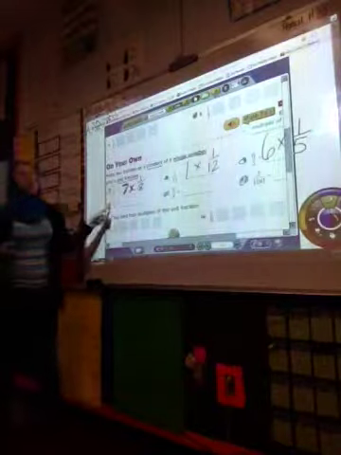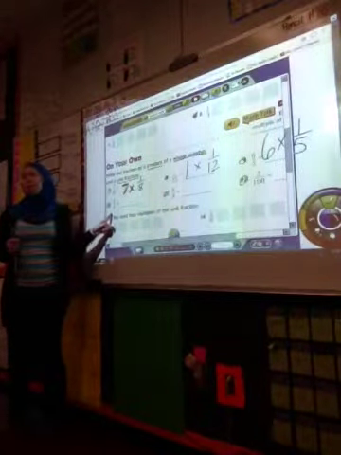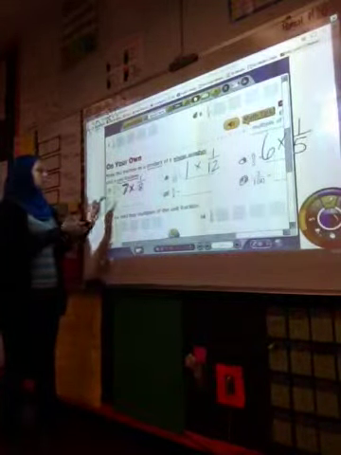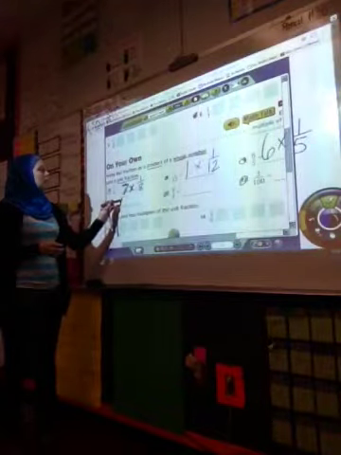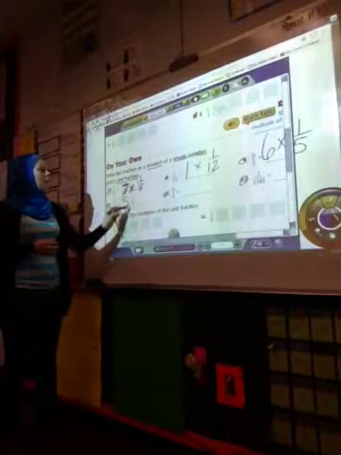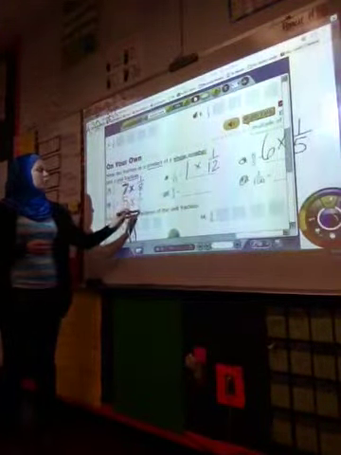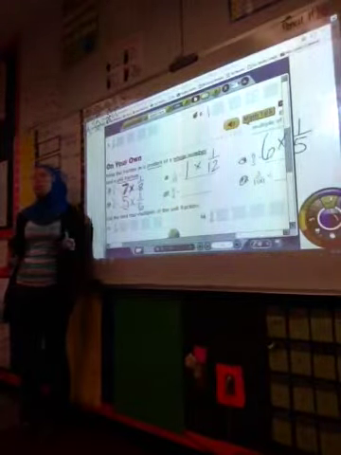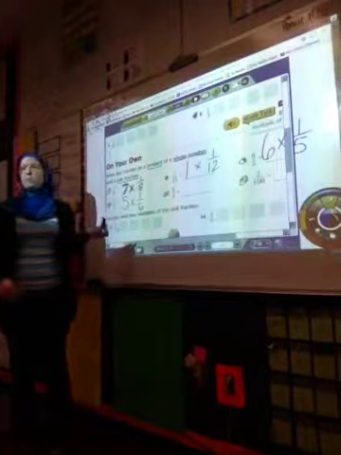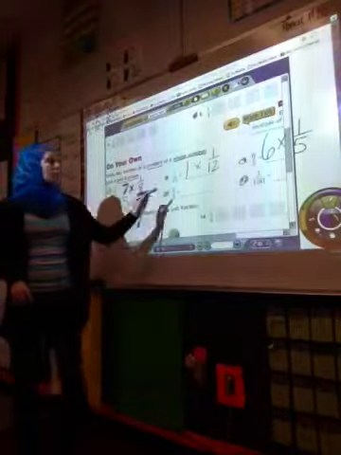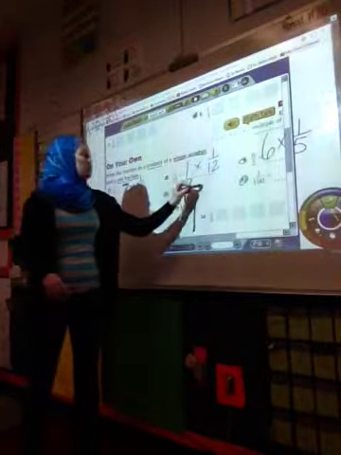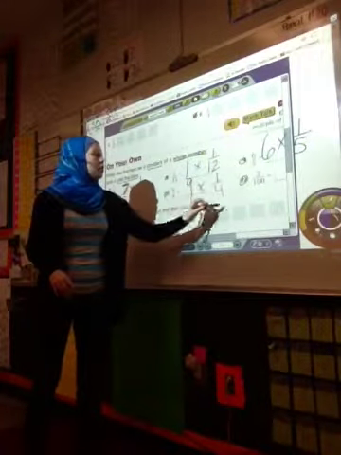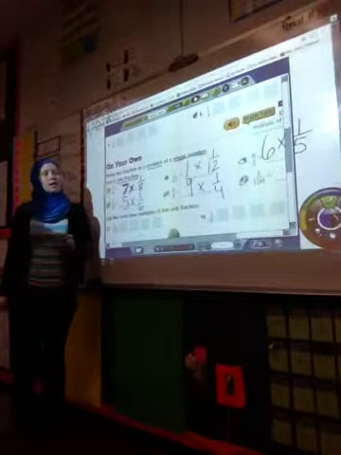Okay, number 10, 5/6. Maha. 5/6 equals 5 wholes times the unit fraction 1/6. Good. Okay, number 11, 9/4. It's an improper fraction, but that's fine. Rahan? 9 wholes times the unit fraction 1/4. Good. And then the last one, number 12,